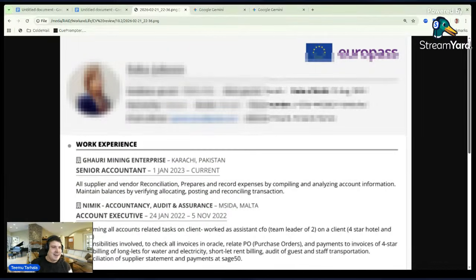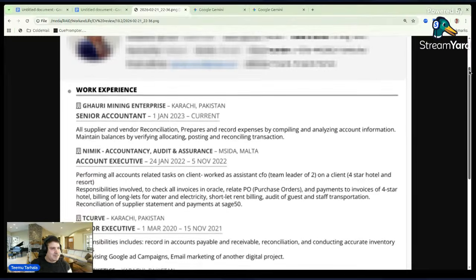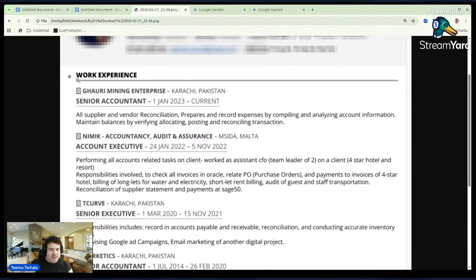Why not? But very quickly, the Europass. It lists work experience straight away. What's missing? The profile is missing. It has zero information from us. Of course, Europass has a lot of different places to add categories, but very quickly we get the sanitized list of jobs we have been doing.